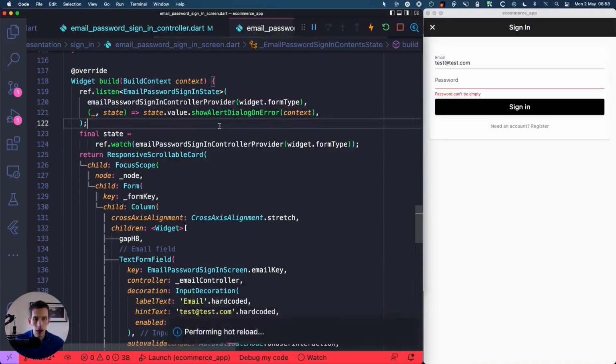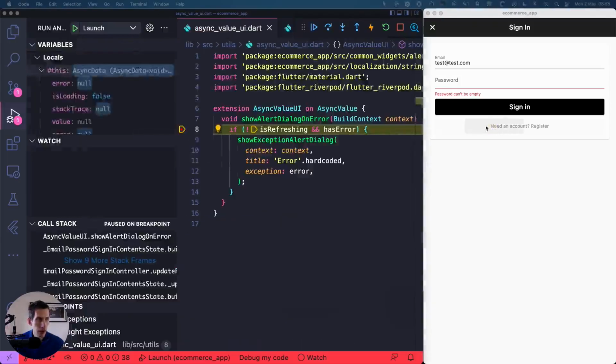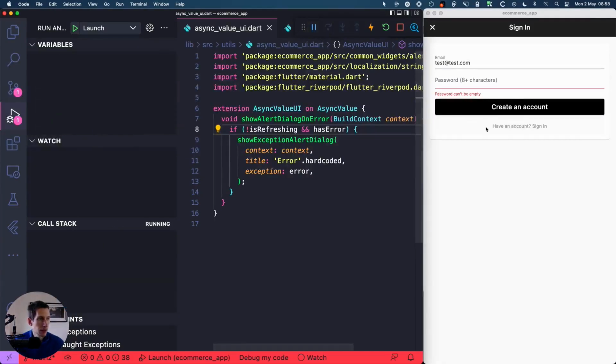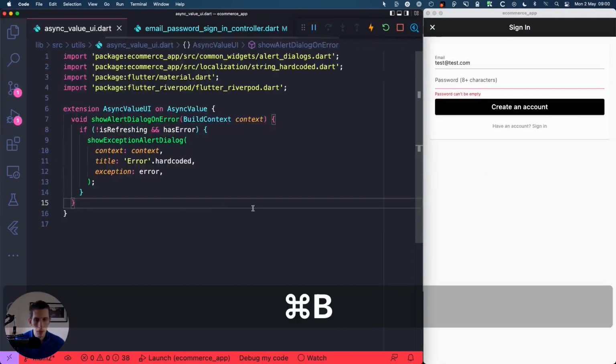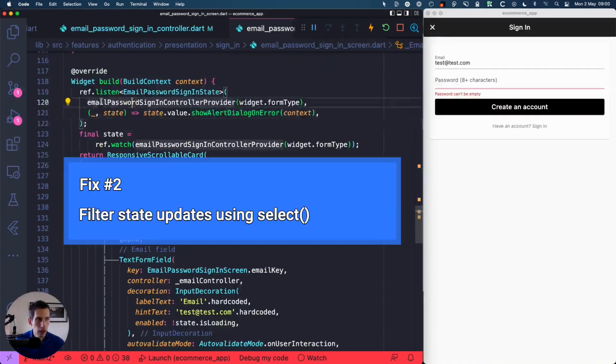In fact, we can already test this by pressing this button to toggle the form type. And as we can see, we no longer get an error in the debugger. And if we continue running our app, then the alert doesn't show. But there is also another way of fixing this error. And what we can do here is to modify this listener and filter state updates so that we only listen